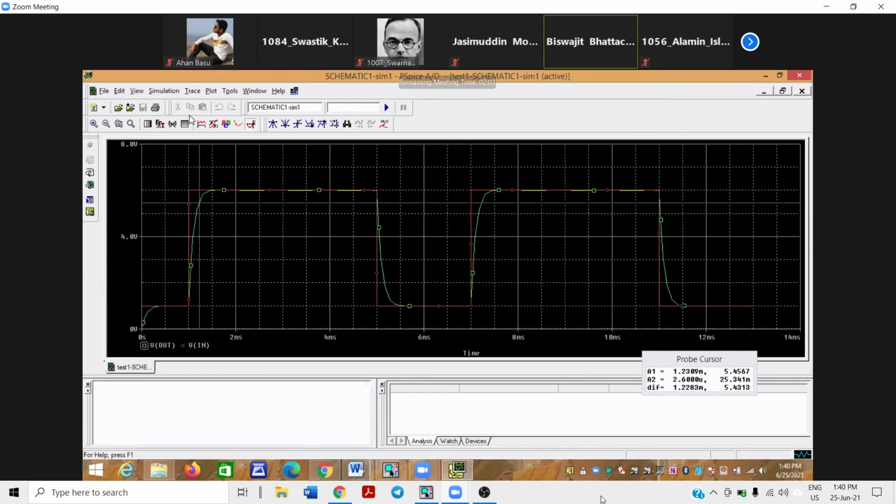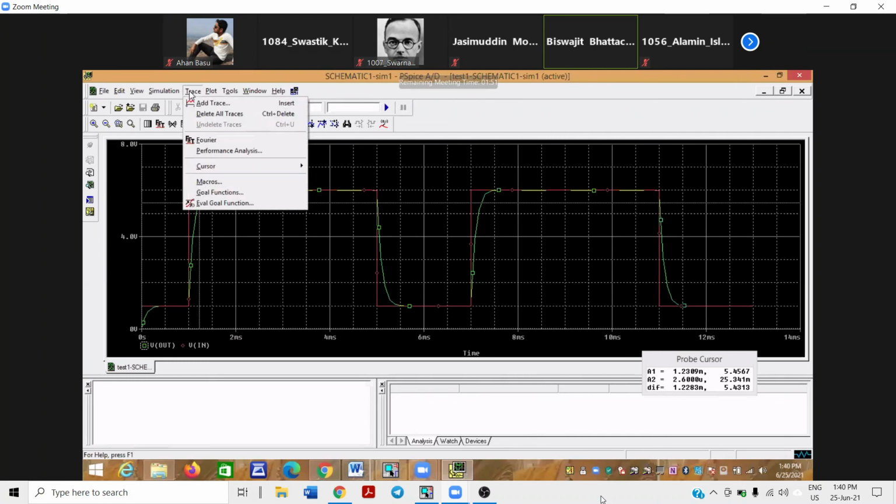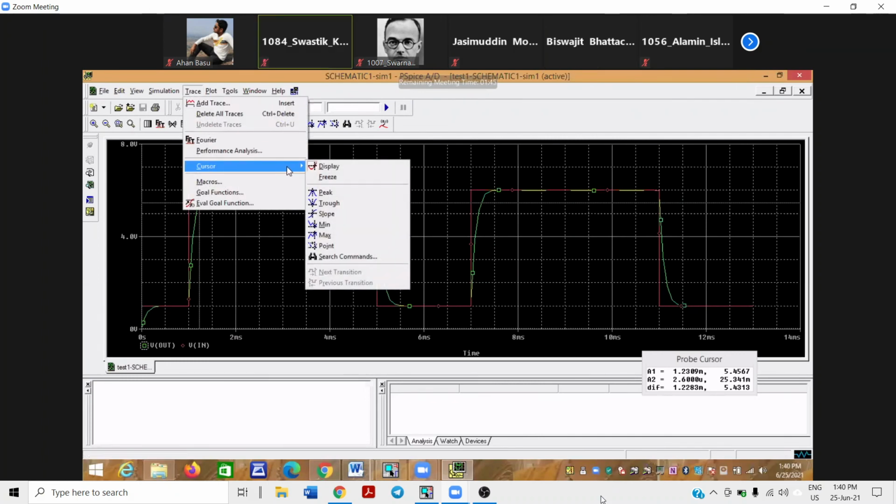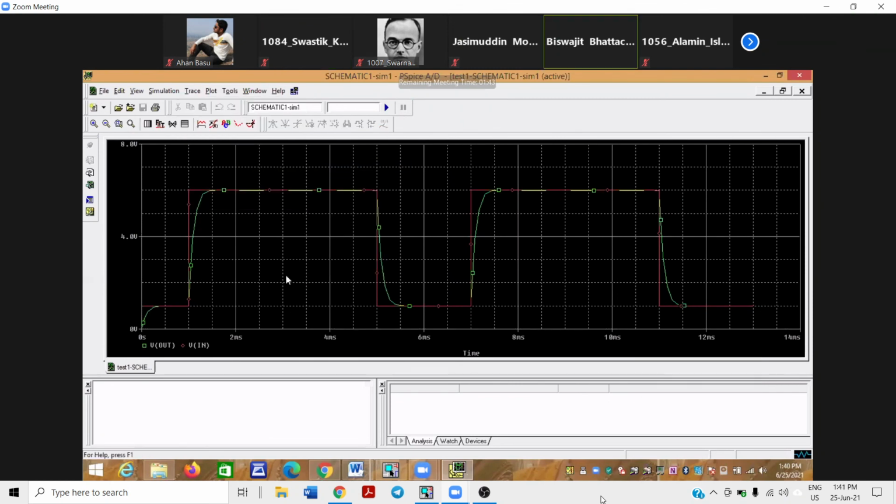And if you want to deselect the cursor, স্যার তাহলে স্যার এমনি A2 আর diff টা কি এমনি? কিচ্ছু দরকার নেই, ওটা ভুলে যাও এখন। ওকে ওকে স্যার, ঠিক আছে স্যার। Now go to trace. Now if you want to disable cursor, go to cursor and display again. It will be removed. Nothing is there. Clear? That's all about our circuit analysis.